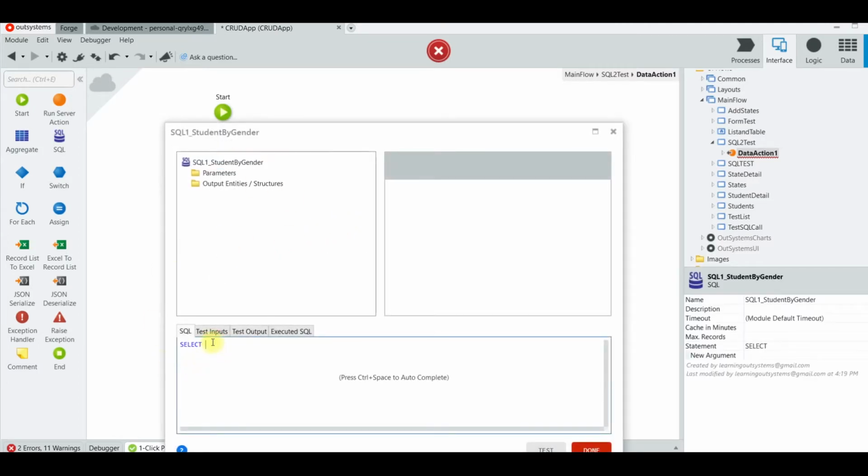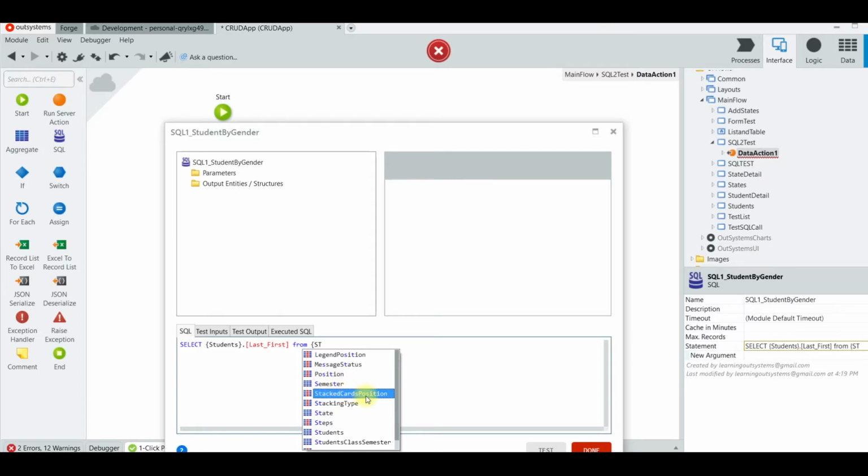And here we are going to get the students table. Select student dot last and first name from the students table where